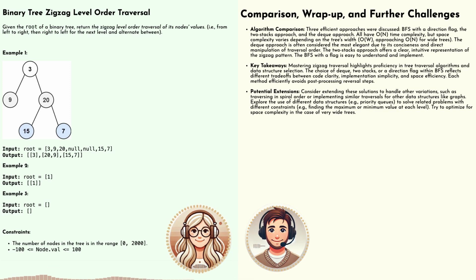It's about having a diverse toolkit of algorithms and data structures and knowing when to apply each one effectively. Well, I feel like we've covered a lot of ground today. We've gone from the basic idea of a zigzag traversal to exploring 3 very different ways to implement it. Before we wrap things up, is there anything else our listeners should keep in mind when tackling this problem or